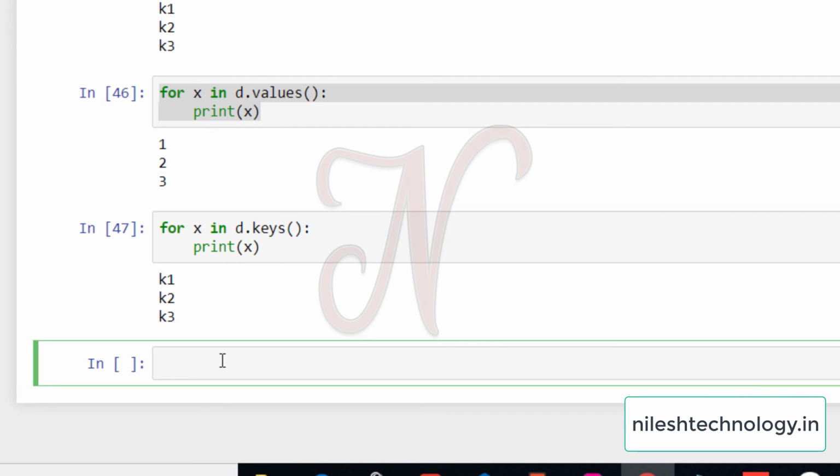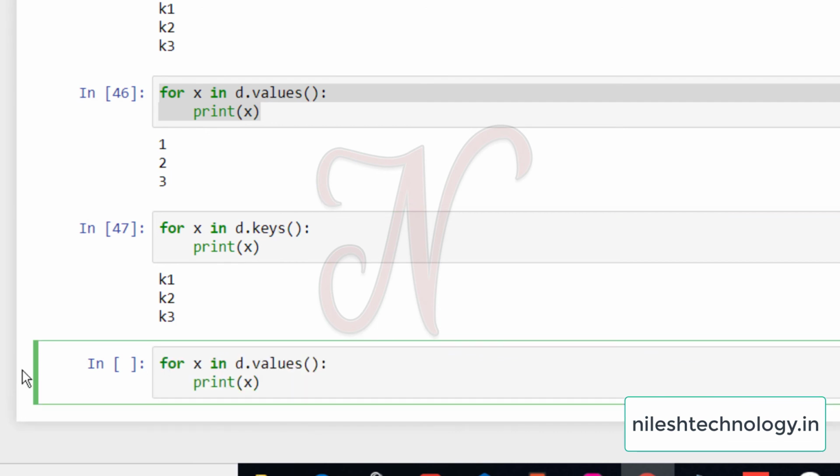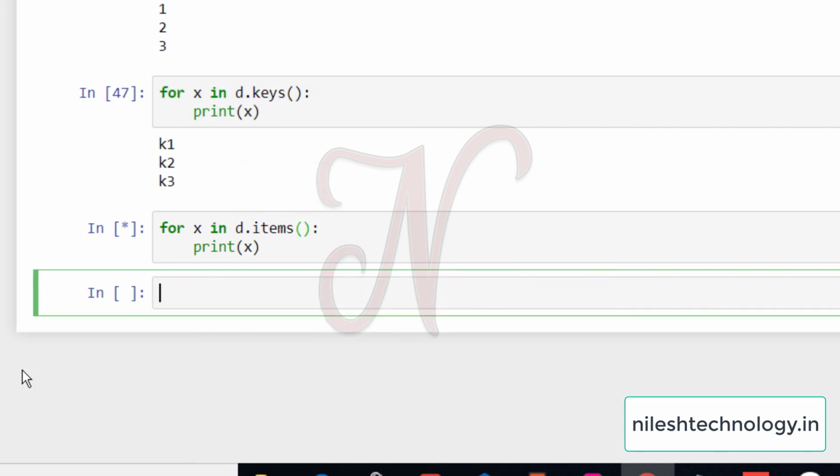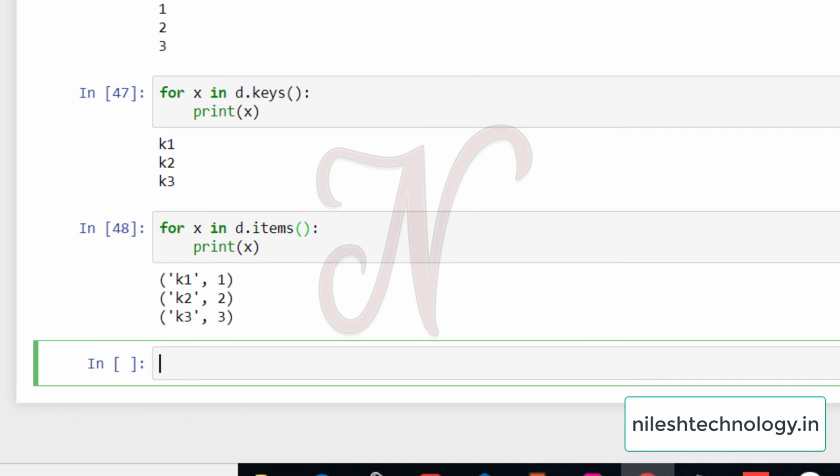So the next function is d dot items. See here, by using the items function you can print the whole dictionary with keys and values. So by using items you can separate the key and value.